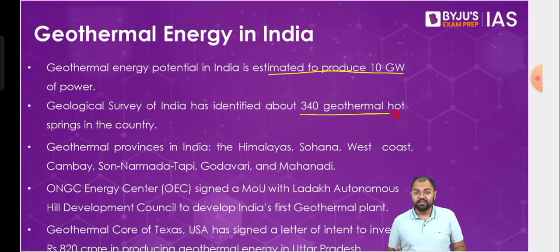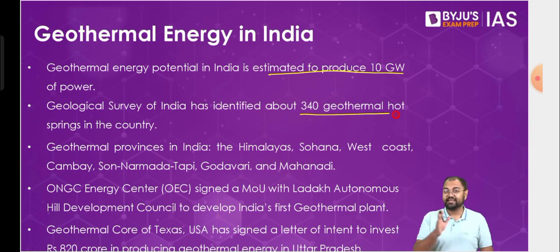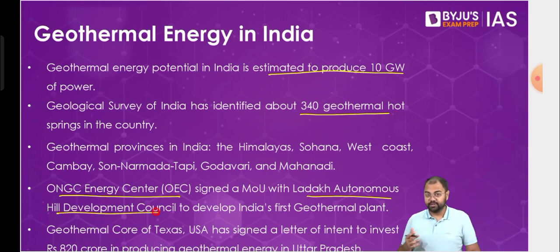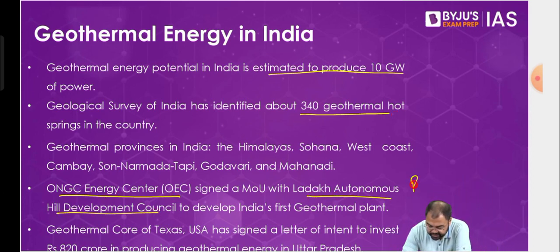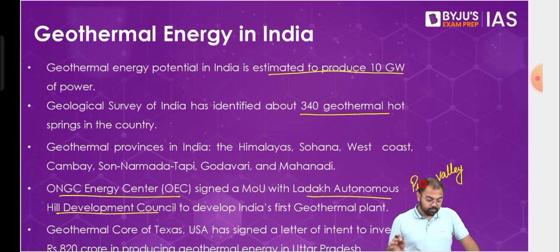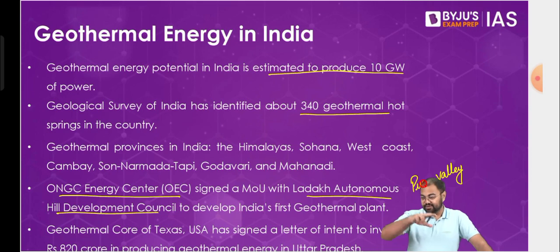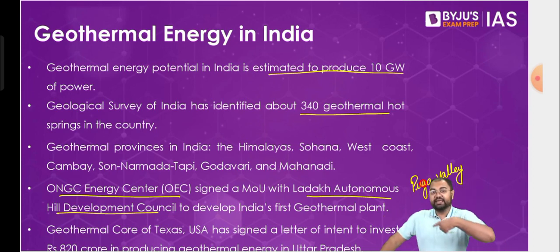For example, in 2021, there is an MOU that was signed between ONGC and Ladakh. They signed an MOU that in the Puga Valley, ONGC will start the construction of its geothermal energy power plant, and it will set up a power plant that will take care of the local needs. The electricity generated here will be useful in nearby areas of Ladakh where electricity supply has not reached. In those areas, they will provide an energy source with the help of this power plant. So that is the first thing.